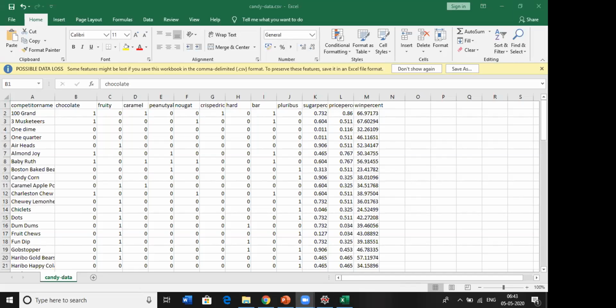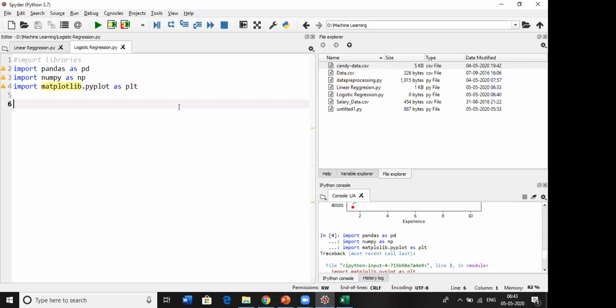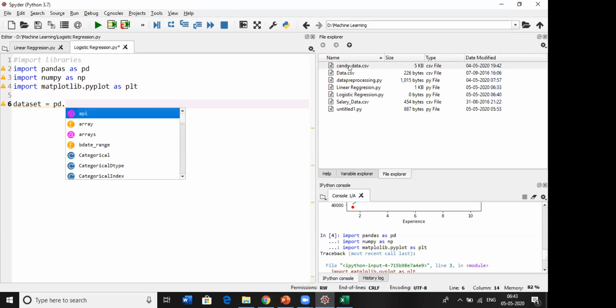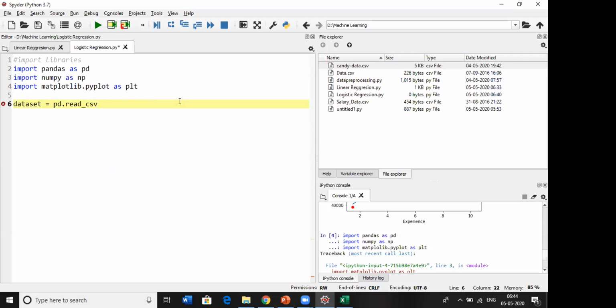So first we need to create our data set. This is a CSV file, so we need to read CSV. Inside read_csv, we need to give the name of the file, Candy data.csv.